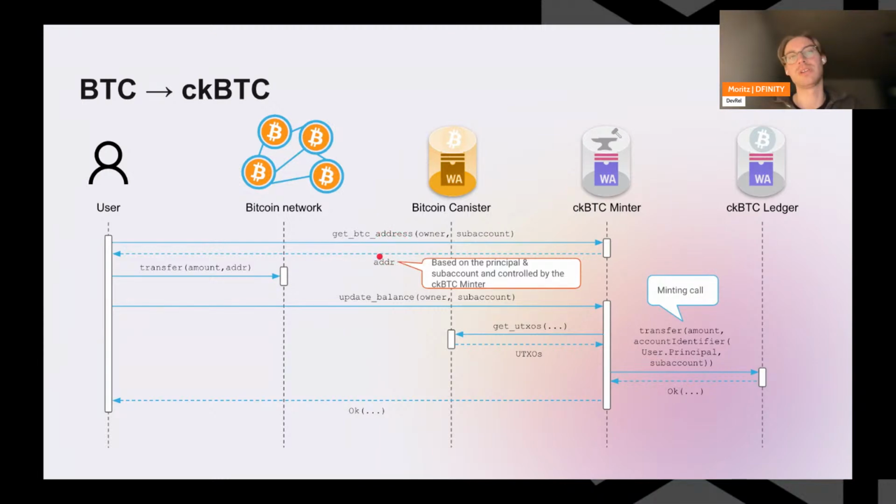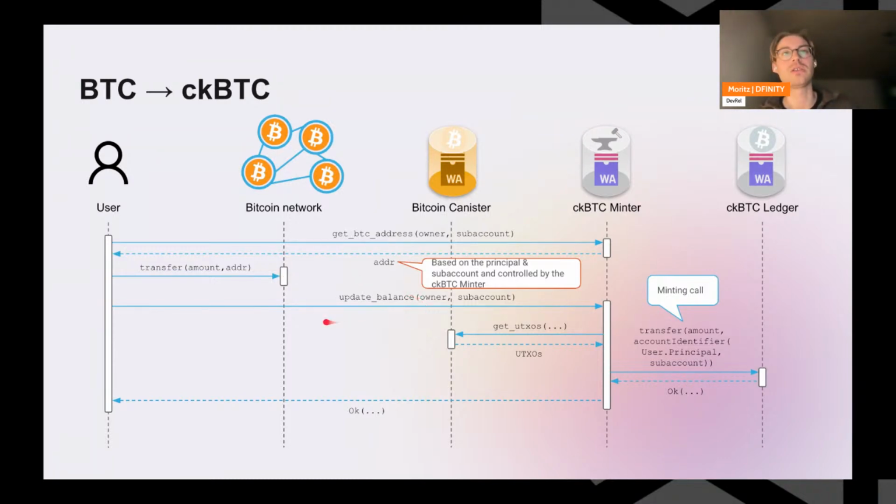So this is a Bitcoin address. Now, of course, for the CKBTC minter to mint CKBTC to me, I have to give it Bitcoin first, right? Because we have to have this one-to-one backing. So as a first step, now that I have this address that belongs to me, I transfer Bitcoin on the Bitcoin network to this address. Once that is done, and once I think currently 6 confirmations